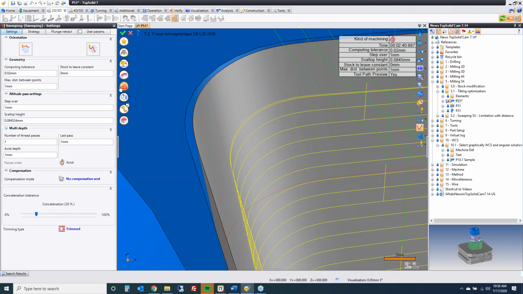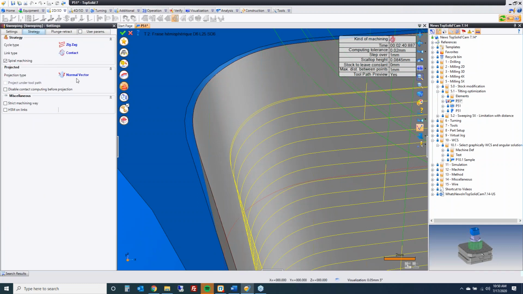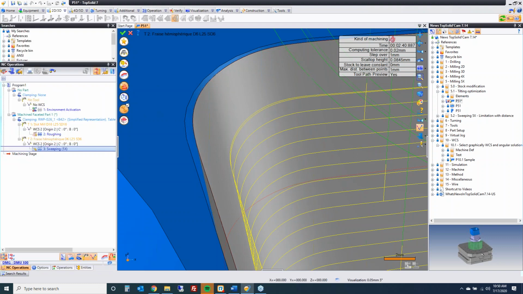that I am using projection with. So I have my projection type set to normal vector, so it's normal to the surface that I selected to machine, which means it'll project the tool path onto the actual part. Okay. From there,